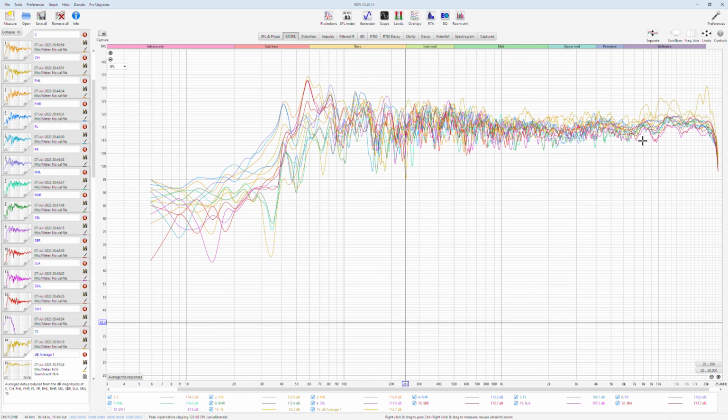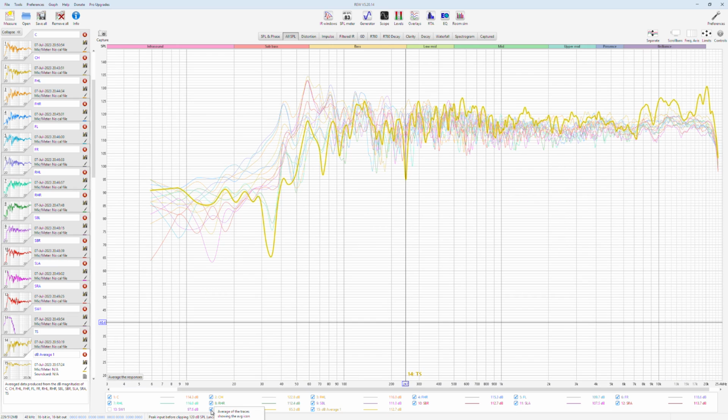Leveling their SPL and then EQing, or EQing first and then leveling, doesn't really matter, because REW has a certain buffer for filtering a response and they add up to each other, so they seem in line in terms of volume. I don't see any particular weird one except for the TS speaker, I guess, but even that in the mid-range doesn't seem too loud. It could be lowered a little bit. We'll see. Now, from this dB average, you determine the target.